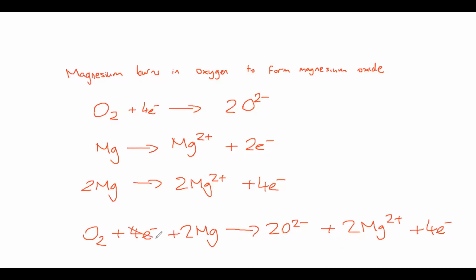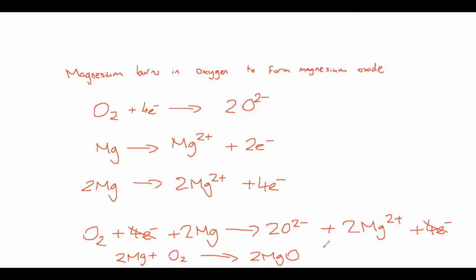Now we can cancel out these electrons on both sides as they're on both sides of the arrow. So we're left with 2 Mg plus O2 going to 2 MgO. You can see here that our charges balance out, 2- and 2+, so they must be in a 1-to-1 ratio. So here we have MgO. Now we have 2 of each, so we must have 2